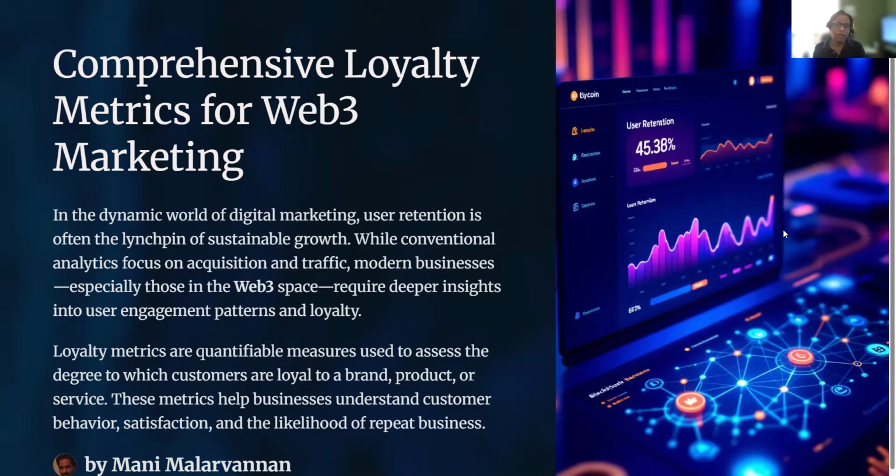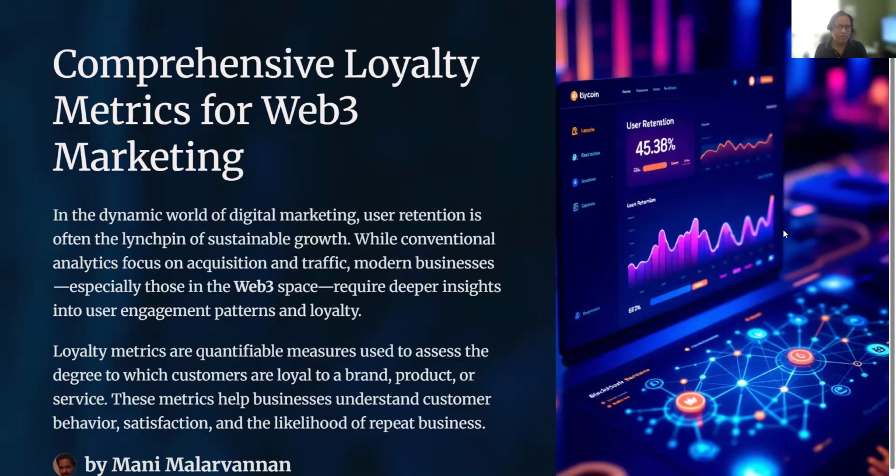So from the marketing agency's point of view, you need to understand how exactly you can track how well your customers are using the platform and how well those customers are using various blockchain applications, to send money, to track the token purchases. All those you should be able to identify within a single dashboard. So we will start with the definition of what loyalty metrics is.